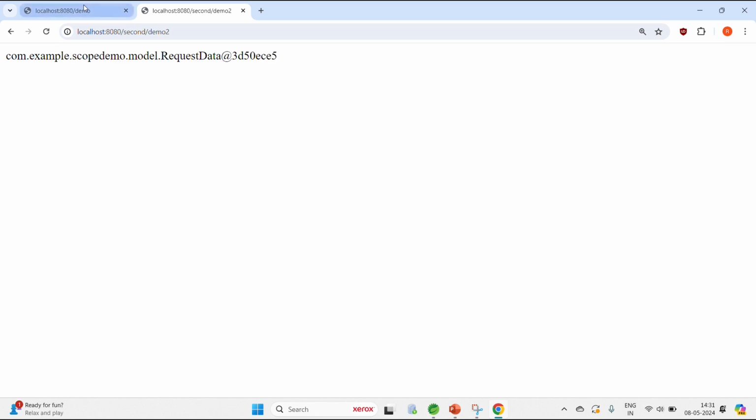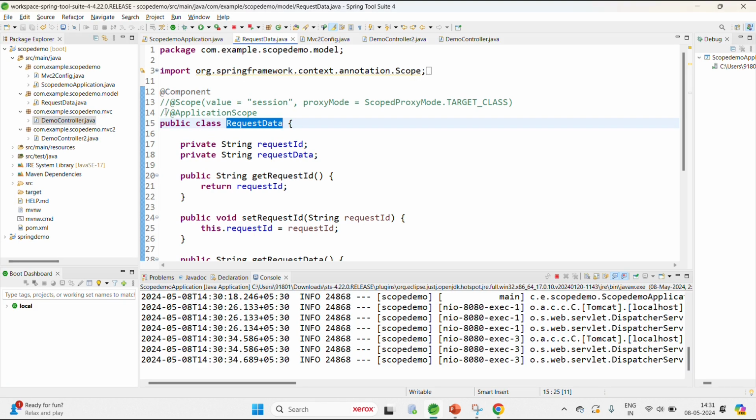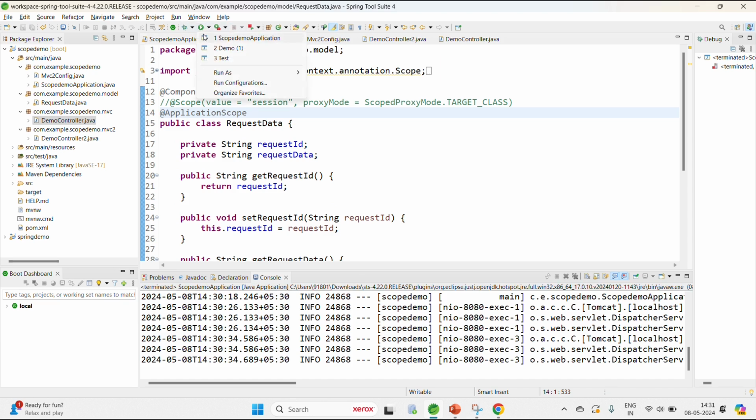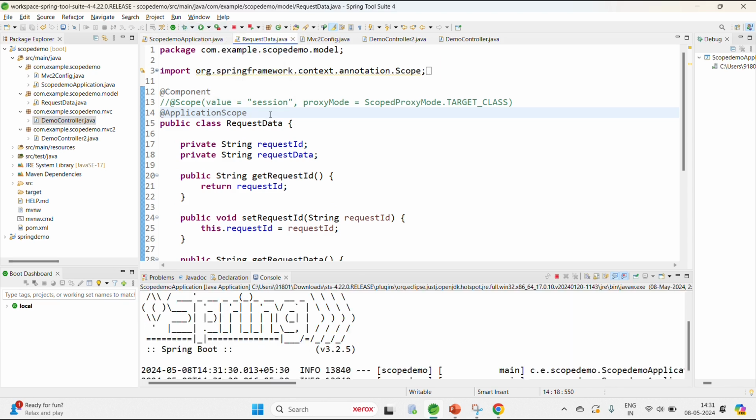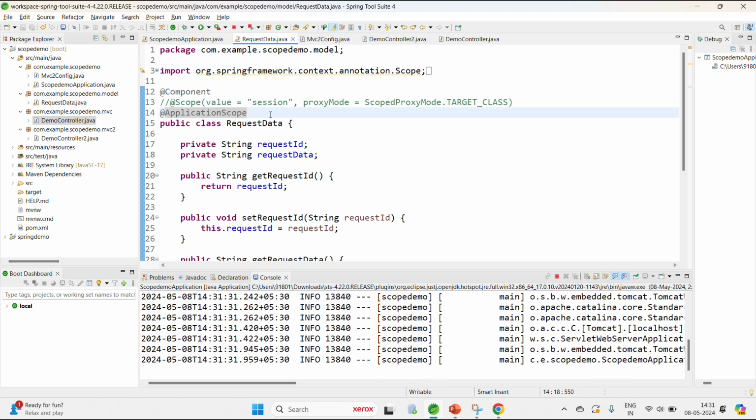But if you run this multiple times, if you make the HTTP call multiple times, you will get the same instance. That means it is a singleton. Even if you execute it multiple times, you will get the same instance only. That means it is also singleton. But when you make it application scope, then it will be single only, even though application contexts are different. Even though those application contexts are different, we get the same instance only,